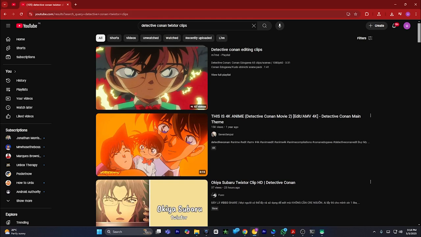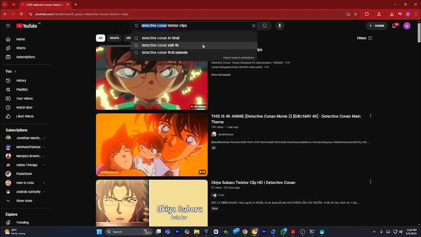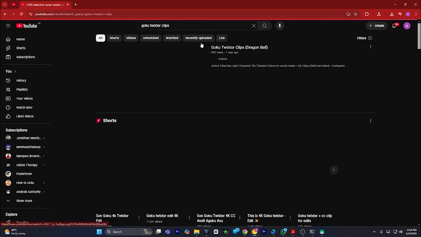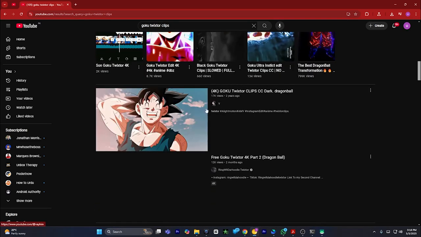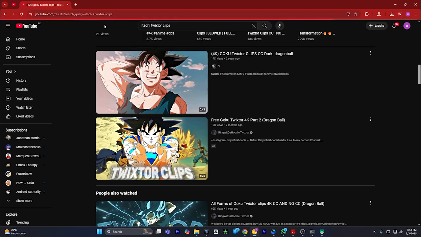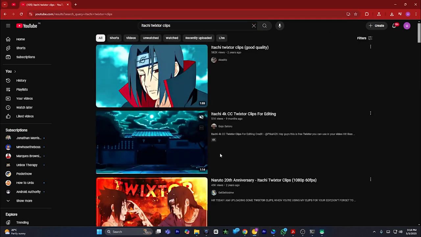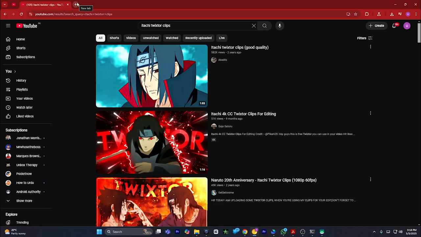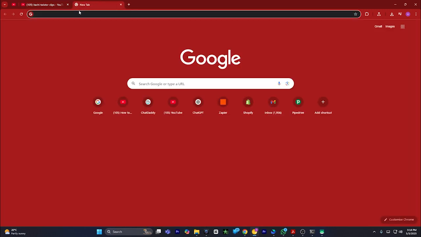For instance, if I change the name only, for instance, I will type in Goku Twixtor clips, then you will find all the clips of Goku, and you can type any character's name, and that's how you can get enemy clips for edits. Another thing you can do to get the enemy clips, open a new tab, you have to go